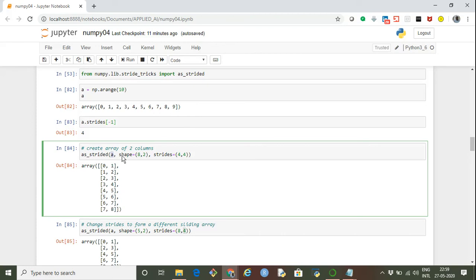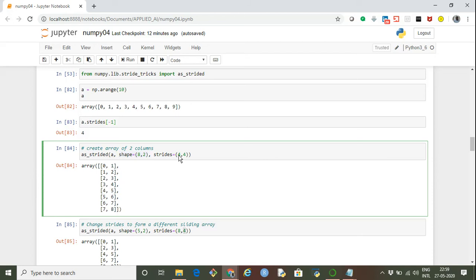Then the shape is what we are looking for in the output. In this case we want an output with 8 rows and 2 columns. If you see here, it has 1, 2, 3, 4, 5, 6, 7, 8 rows, and it has 2 columns. And then we specify the stride.